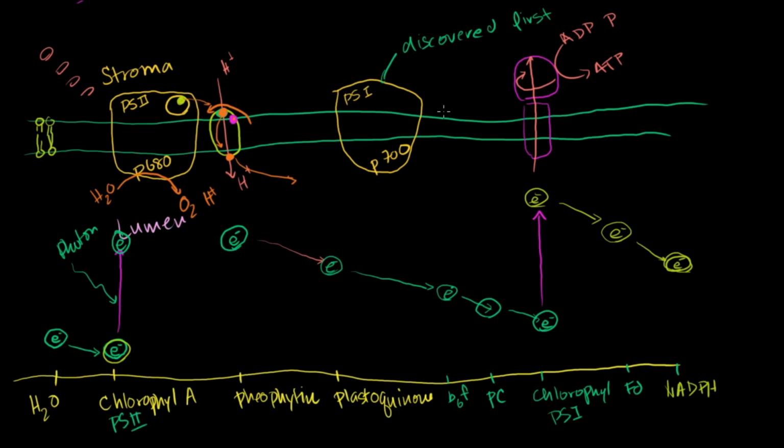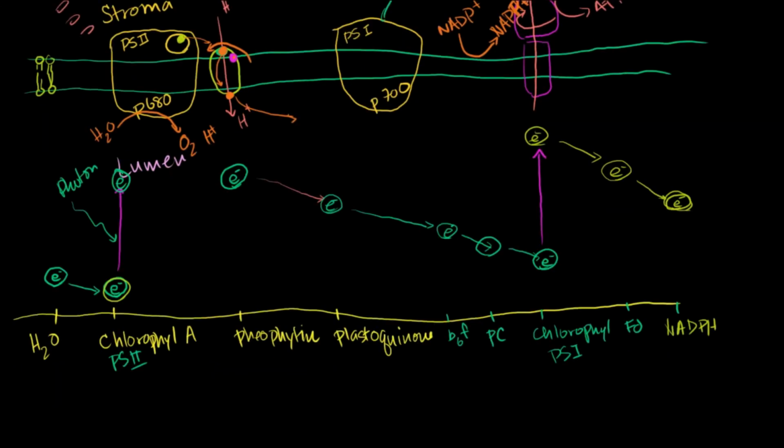So at some point you have NADP plus as the final acceptor, and it becomes NADPH. You can imagine it accepts maybe a hydrogen proton from out here, accepts the electron from this electron transport chain in photosynthesis, and then becomes NADPH, and then that travels in the stroma, which is where the dark reactions occur that actually produce the carbohydrate. But this idea of an electron going from water to NADPH, this is called